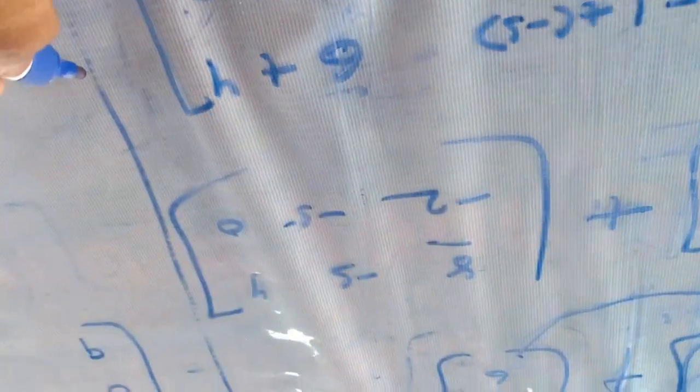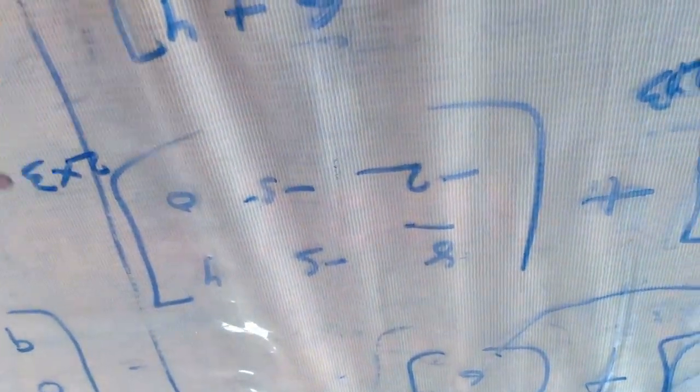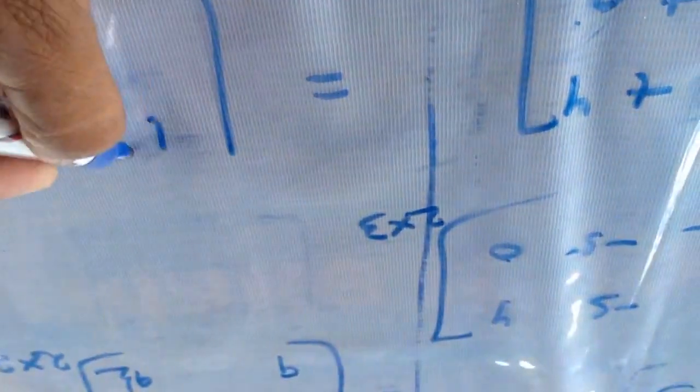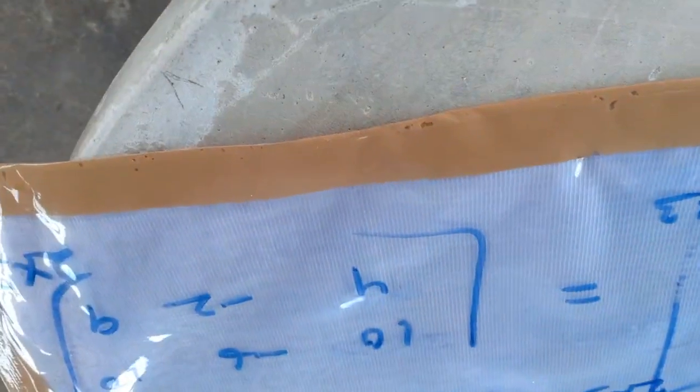Just carry on. All of these are 2 into 3 order. This is also 2 into 3 order, and this resultant is also 2 into 3 order. So the output will be 2 plus 8 is 10, minus 1 minus 5 is minus 6, 6 plus 4 is 10 once again, 6 minus 2 is 4, 3 minus 5 is minus 2, and 9 plus 0 is 9. This is the answer, whose order is 2 into 3. This is all about addition of matrices.